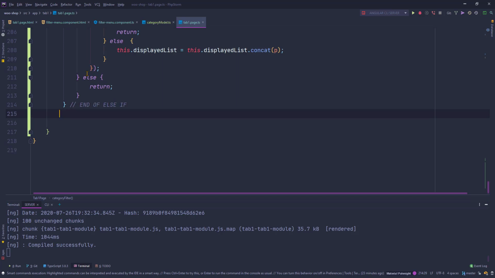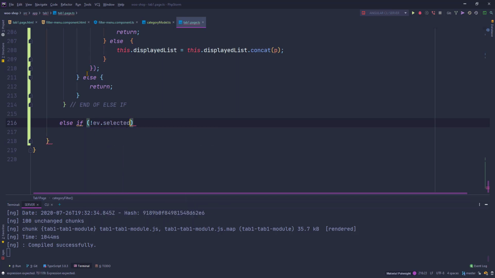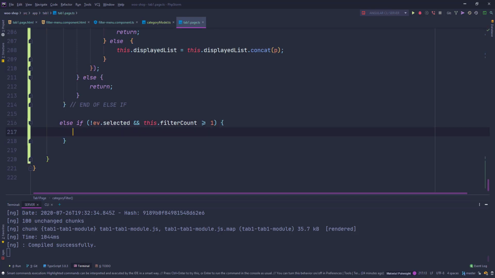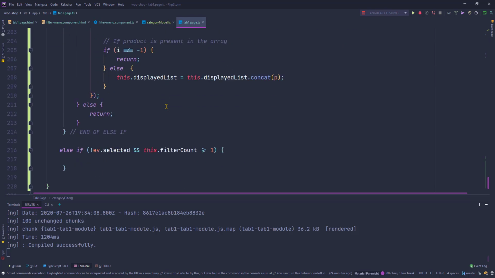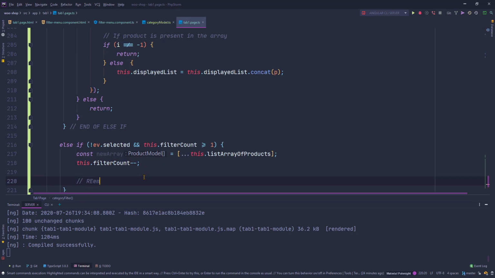end of else if, and have another else if when the option is not selected or unchecked, and this dot filter count is still greater than 1. I have at least one of the filters selected. I'll again define a new array here, and will decrement this by 1 because it's unchecked, and will remove